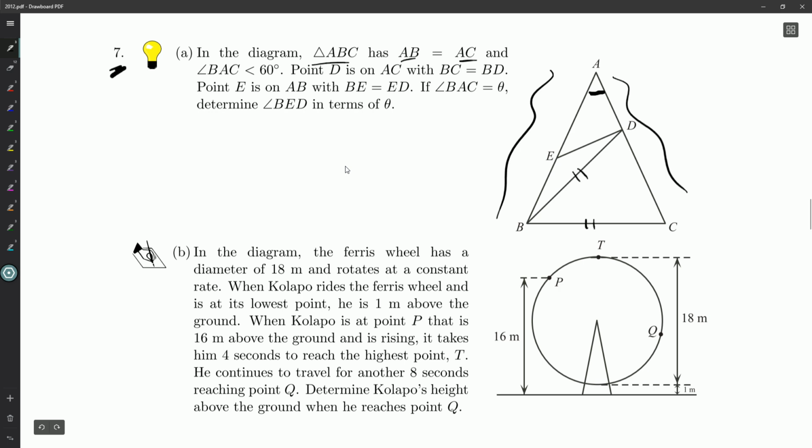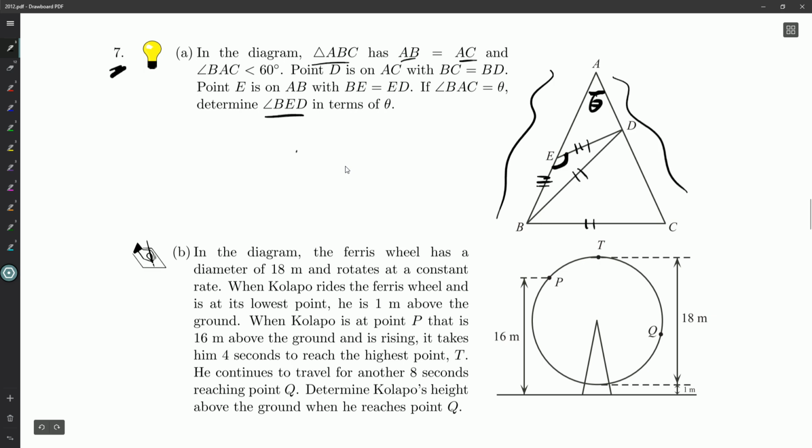So we've got another isosceles triangle in here. Point E is on AB so that BE is the same as ED. So we've got a whole bunch of isosceles triangles. Interesting. If angle BAC, the one they put up here, is theta, determine angle BED